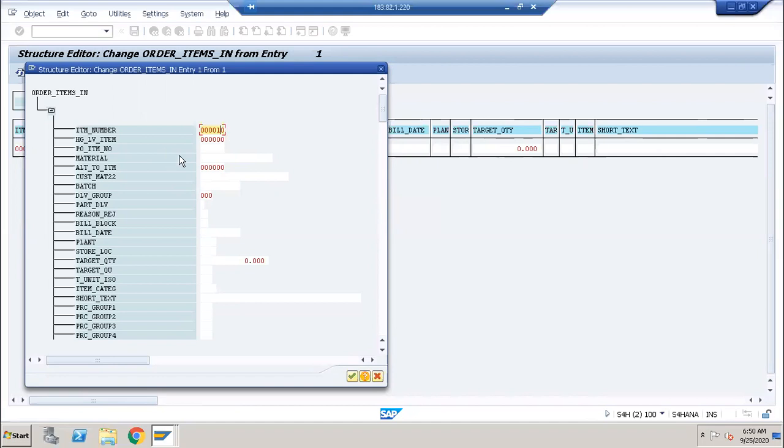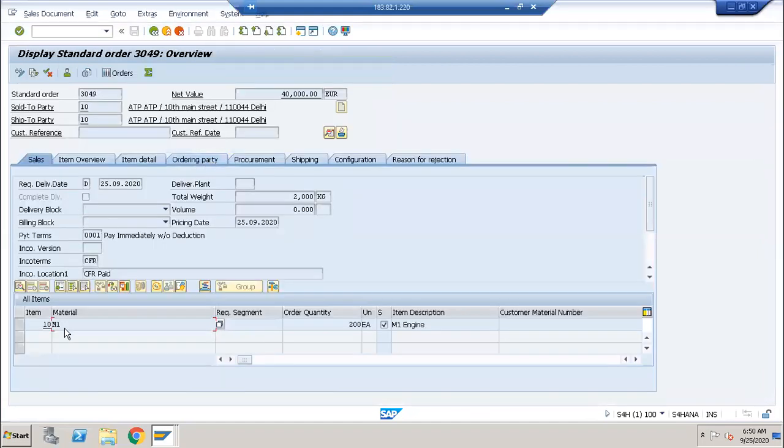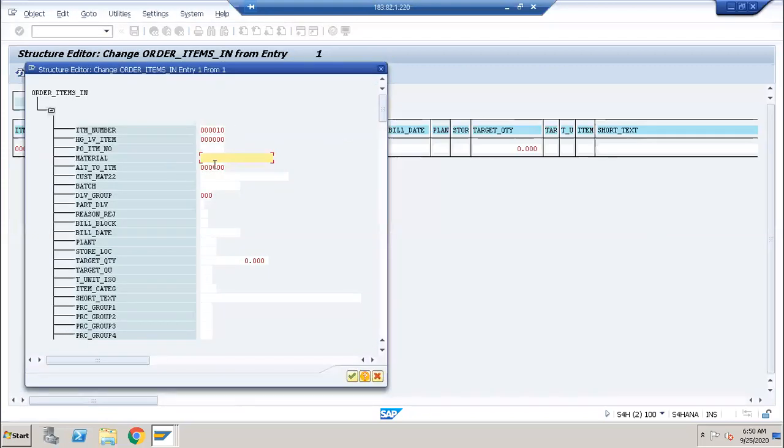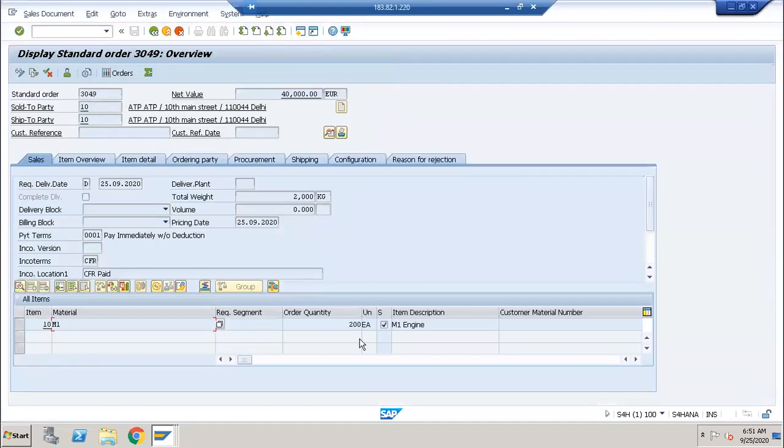And the material. If you come here, what is the material we are passing? M1, right? The same M1 I will take in the material also. And target quantity is nothing but how much quantity you are ordering here. 200 units, and the unit of measurement is each, EA, right?